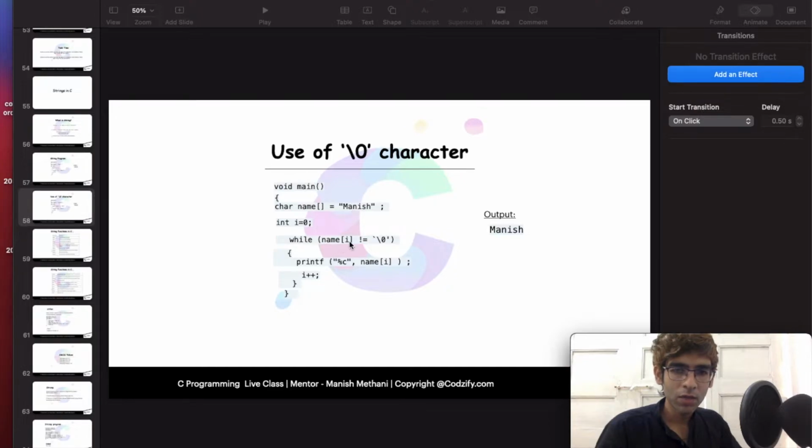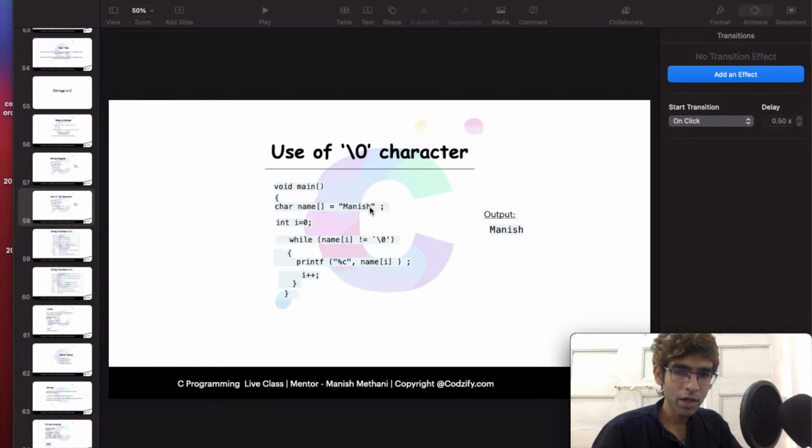Name of 1 contains A, which is not a null character, so it prints A. Name of 2 is N, not equal to the null character, so N is printed. Likewise at the third position I is present, not a null character, and so on through S and H.